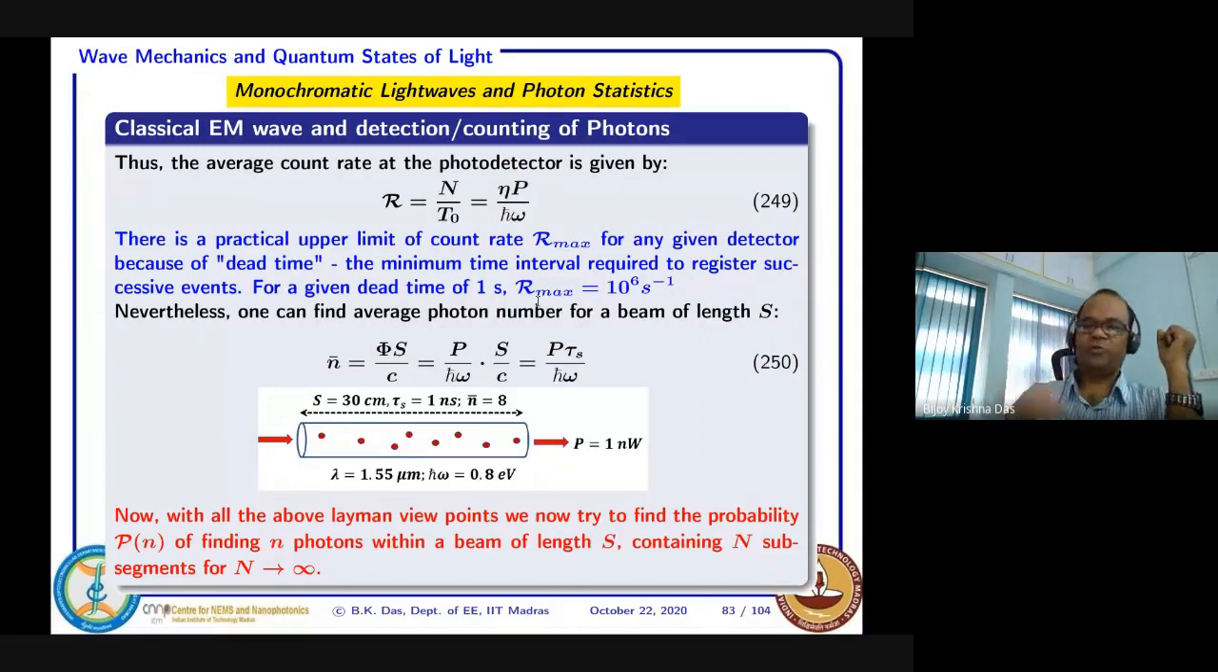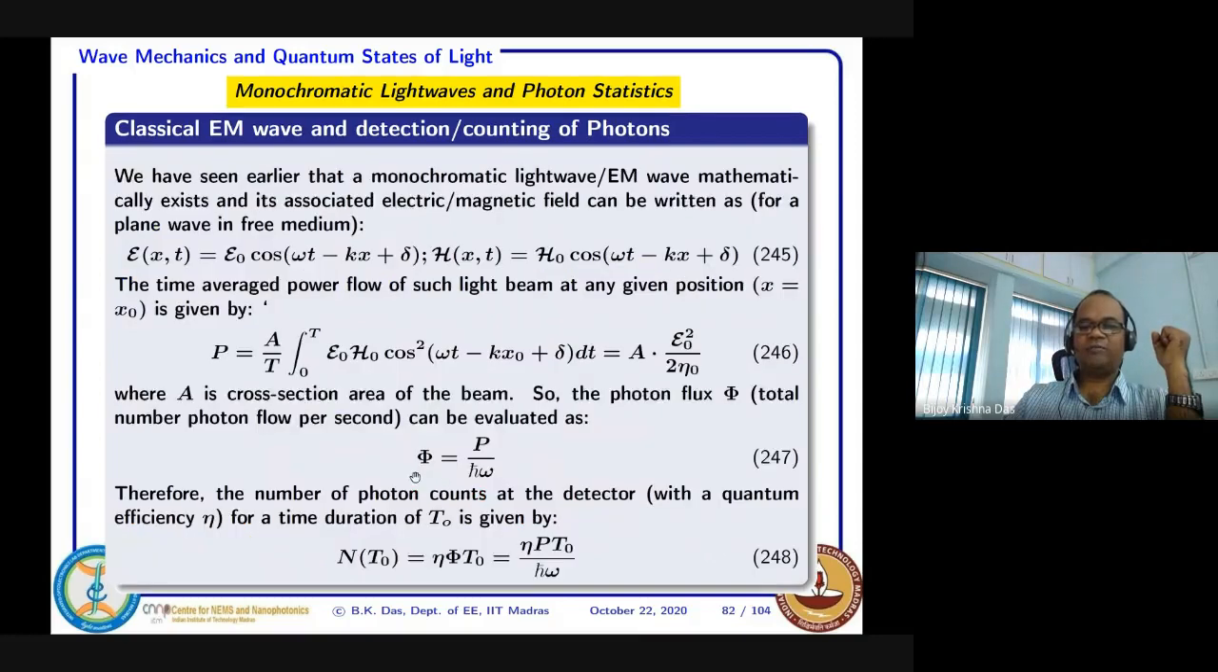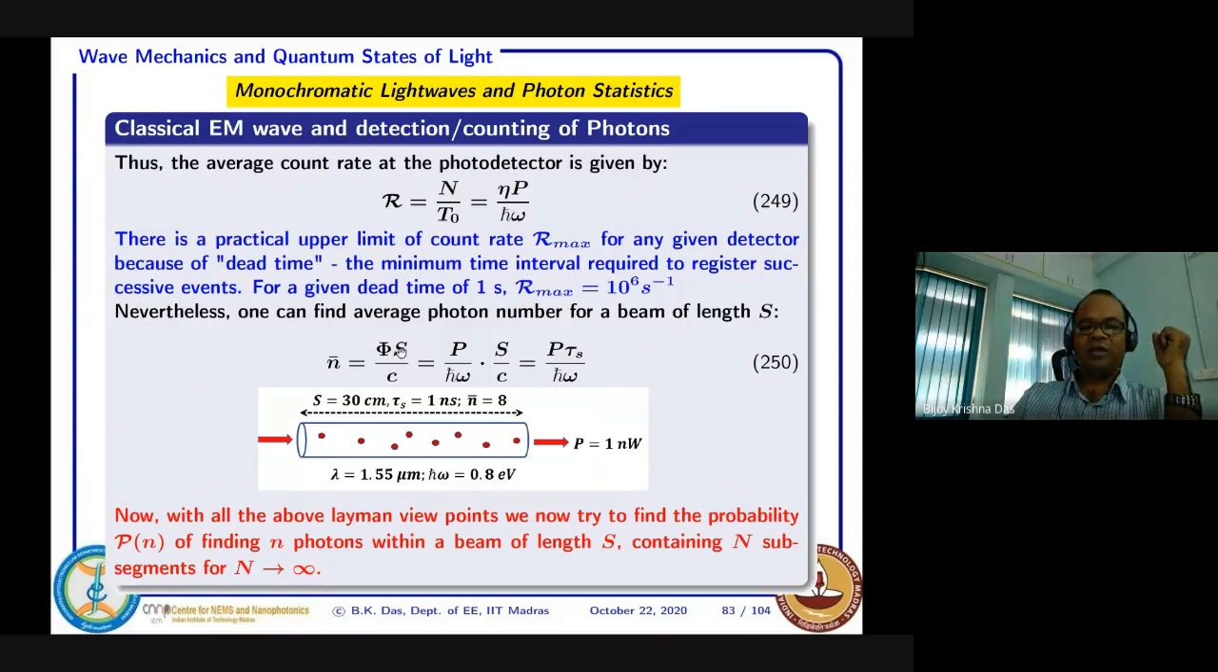If you reduce the photon power to 1 nanowatt, for example, as we have shown earlier, we see that on average 8 photons will be there. The average number of photons you can also calculate this way. Suppose S is the length and this is the flux. Flux we defined as the total power divided by h cut omega. That we evaluated earlier, within the entire beam of length S. Flux multiplied gives the total number of photons, the average number of photons per unit